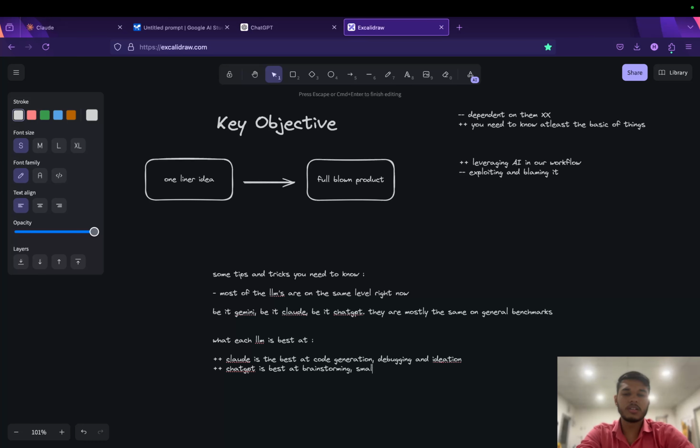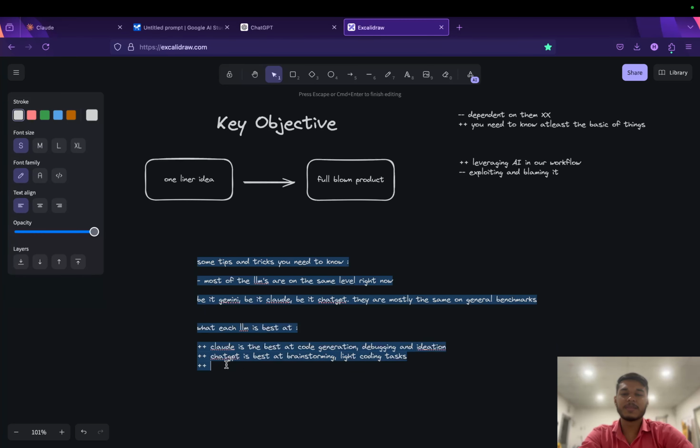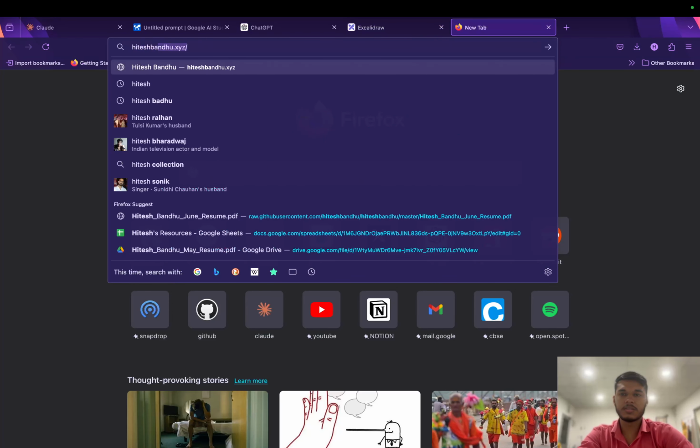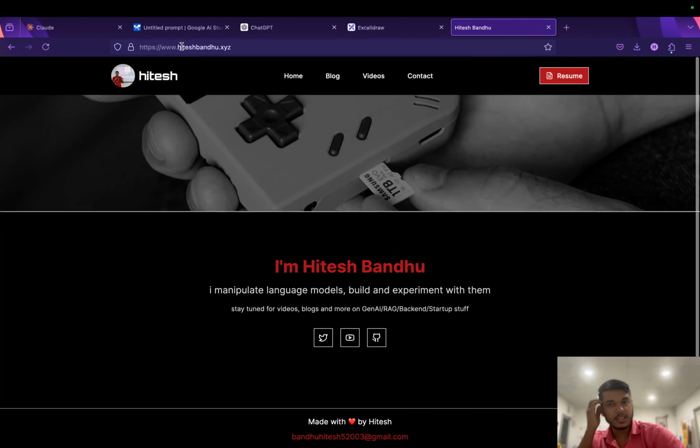small code, not a lot of depth. If you need a lot of depth, every LLM can give it to you if you prompt it correctly. But yeah, we can say light coding tasks, not a lot of depth, because I'll show you. This is from my personal thing I built. So this is the website, my own personal domain. If you visit hiteshbandar.xyz, I've built this most probably in just three prompts using Claude.